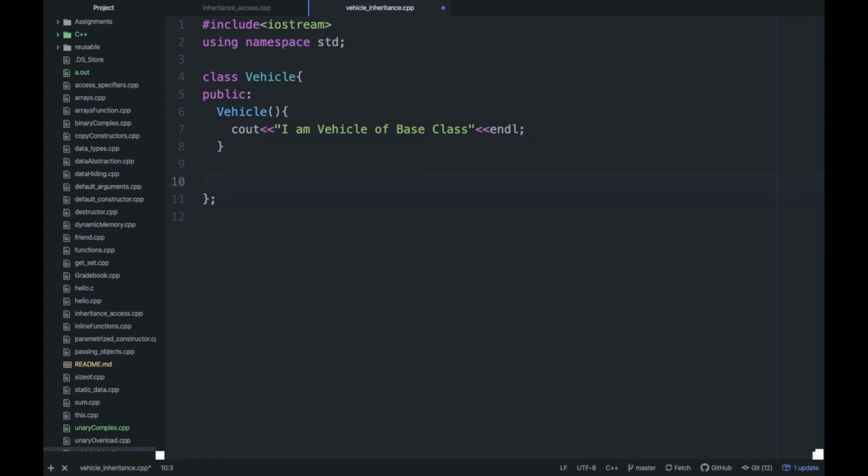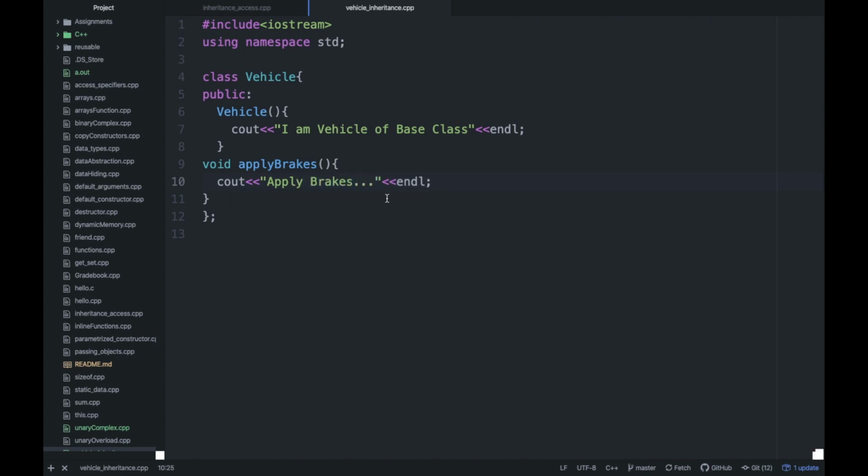There are some functions that we were talking about. There is the function applyBrakes, and here you can give a void return type and pass some message. I am just copying this line so that we don't waste much time here. We'll just type the message, whatever the function name is.